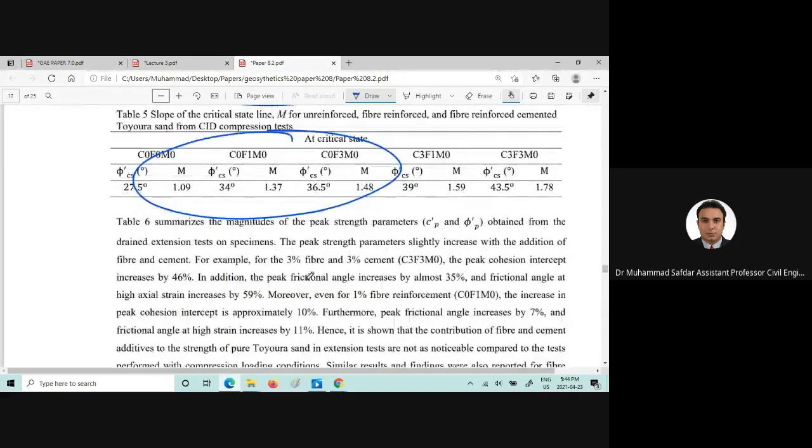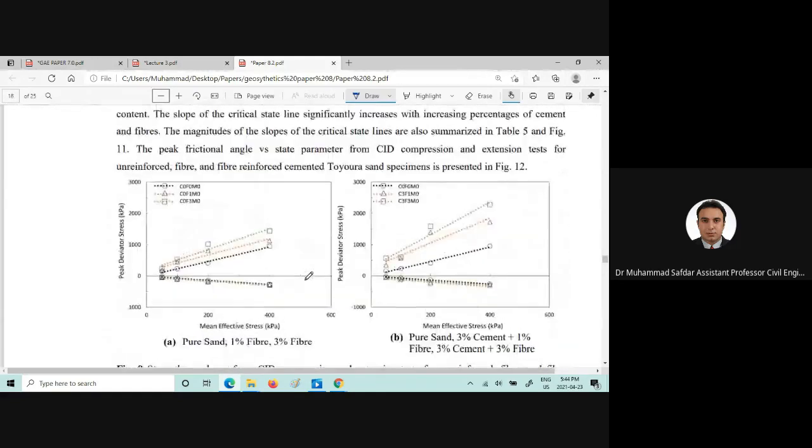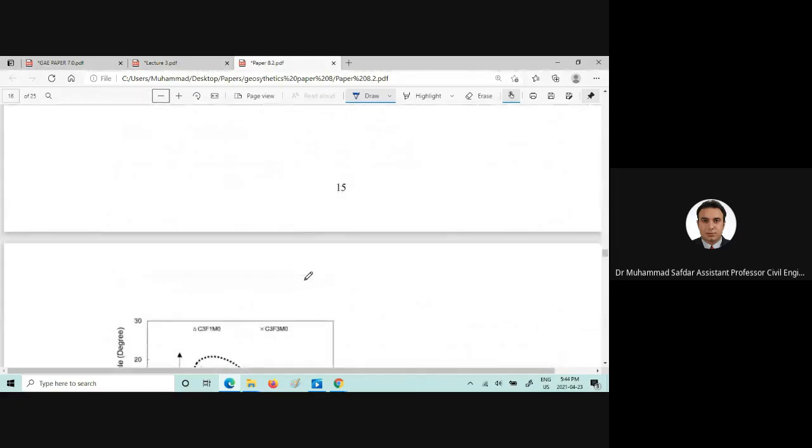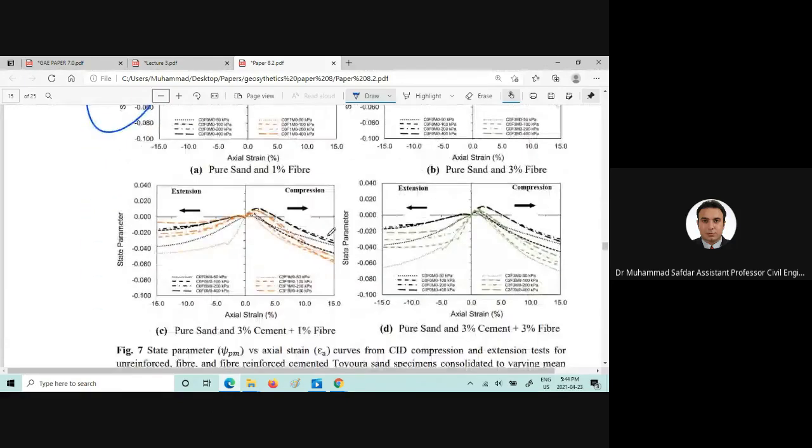Then you need to assume the critical state at 30% axial strain. Let me show you here as well. Yeah, this is the compression behavior. So you can clearly see that at 15% we are seeing significant differences, and even we saw lots of variation. The delta U was not equal to 0, and I talked with my supervisor, and he told me that this